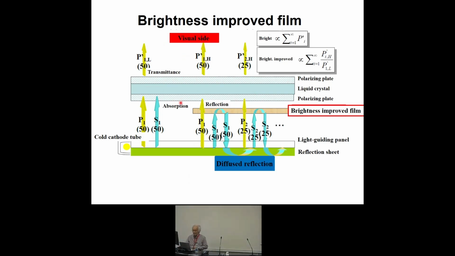So, the backlight has a P wave and S wave. And the P wave is passed to the front, so we can see the light. So unfortunately, the S wave is absorbed in the liquid crystal. This is the problem. So in order to cope with this problem, brightness improved film